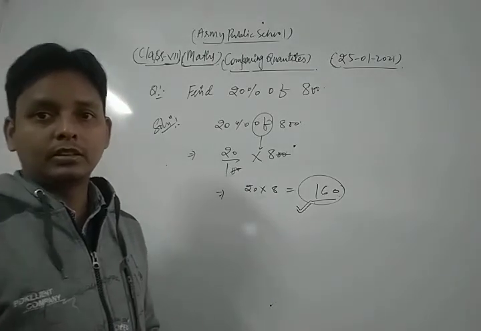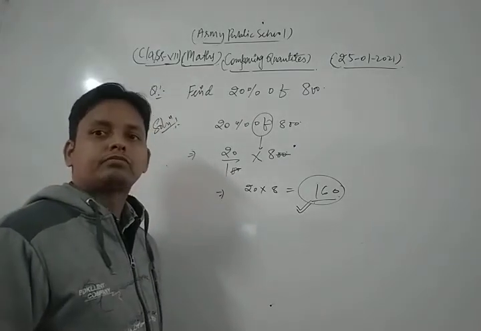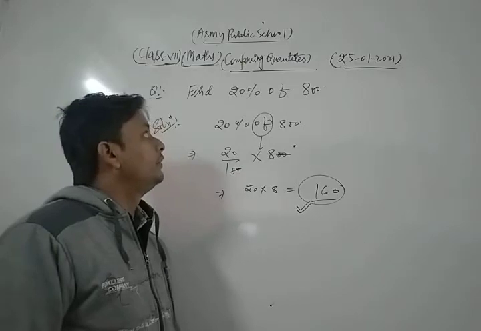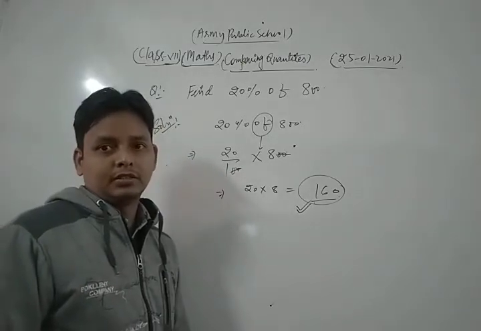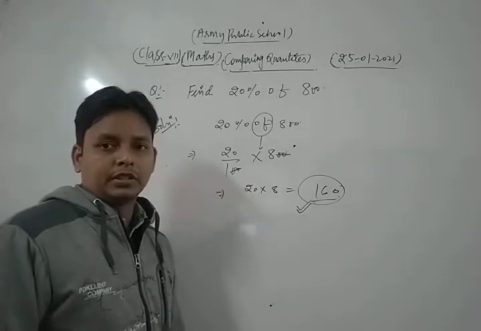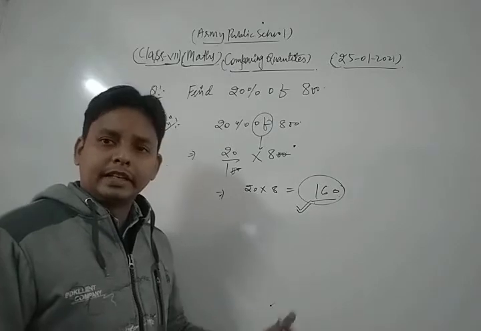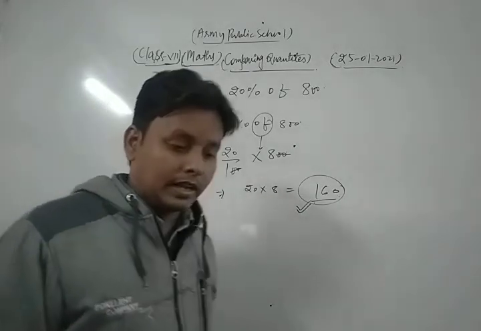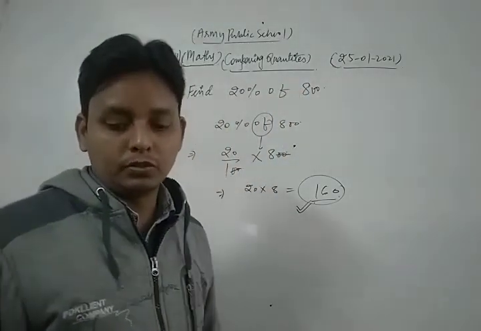Thus, dear students, in this way you can solve each and every question of your NCERT exercise based on percentage. Now we are going to discuss the next topic of that chapter, which is questions based on buying and selling an object. Before that, first of all, we are going to discuss some important formulas related to profit and loss.